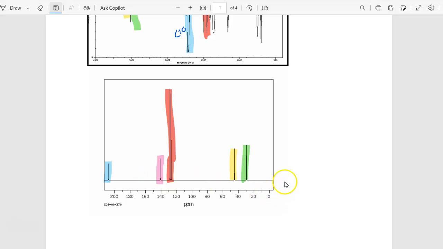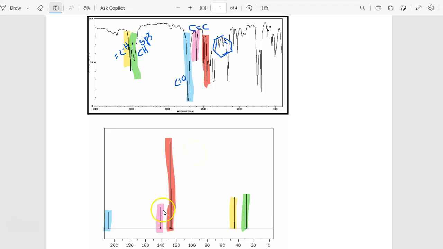And then real quick, this is upfield, downfield, less shielded nucleus, more shielded nucleus. We have more of our electronegative atoms on this side that are pulling it down, deshielding, and our less electronegative atoms up here. So this would correspond to our carbonyl right here around 210, 220. Then we know that alkenes can have,